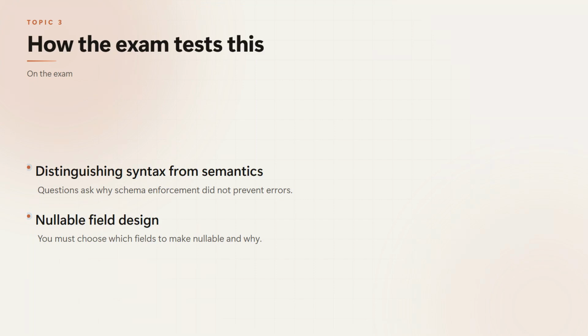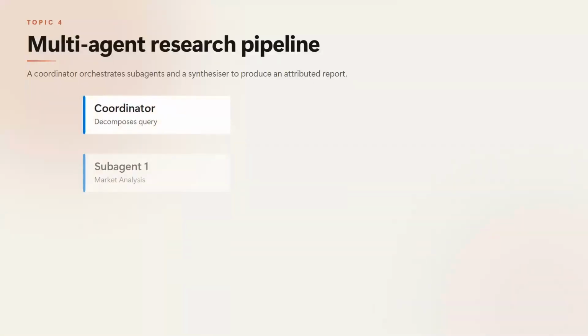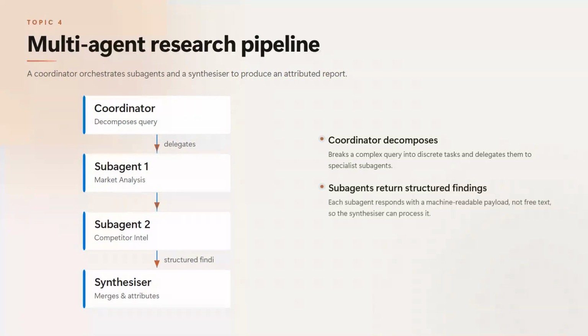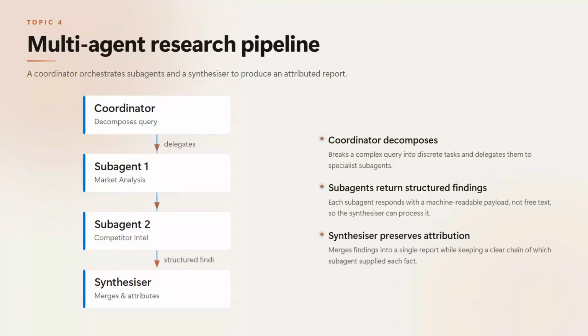A multi-agent research pipeline is a coordinator that farms out work to specialized subagents, here, web search and document analysis, and then synthesizes their structured output into a report with provenance. It is not a single agent with a long prompt, and it is not a chain where each step depends on the last. The distinction people get wrong is thinking subagents share context automatically. They do not, and that assumption breaks